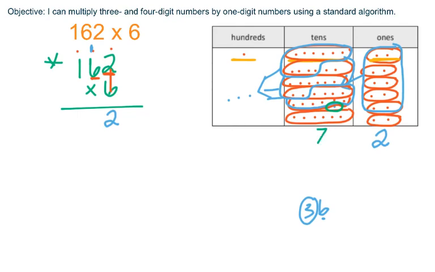So I have 7 left over because I sent 3 groups of 10s over to the hundreds. So let's come back over to our multiplication problem. So 6 times 6 is 36 plus 1. I'm going to add that. I can't forget that group of 10. I'm going to add that group of 10, and I'm going to get